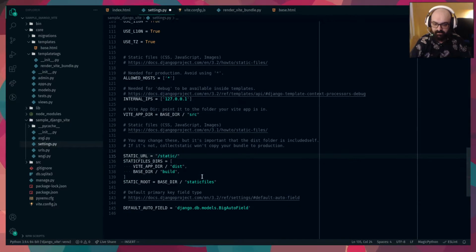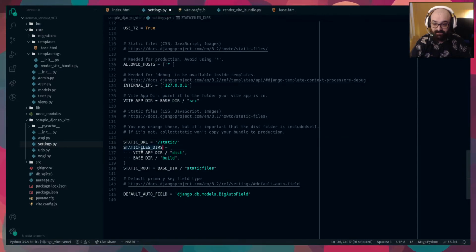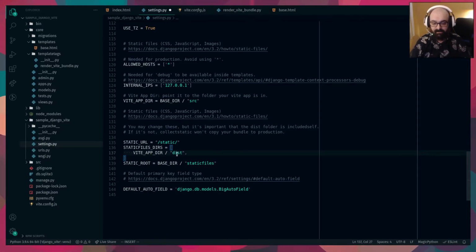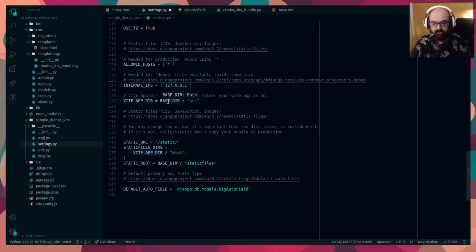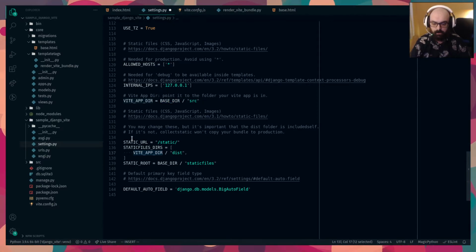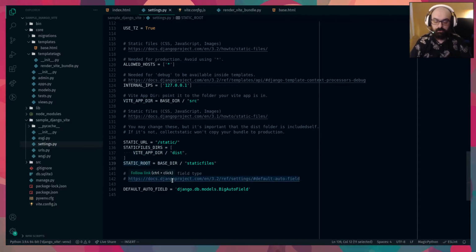Static URL is the same as the default one, but for static files dirs, we need to add this folder from the Vite app dir. And since it's already here, things are going to work perfectly. We need static root as well for production. So yeah,